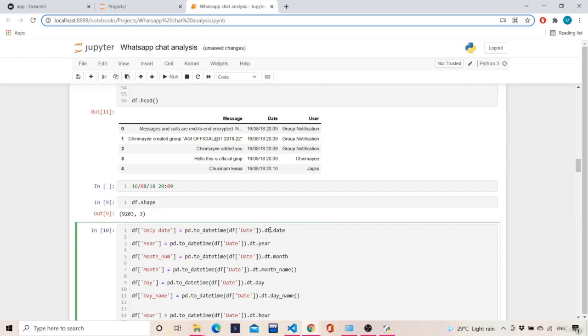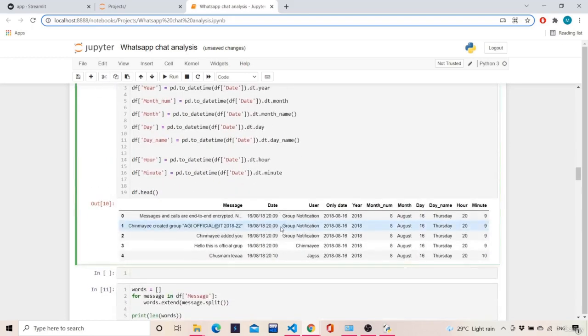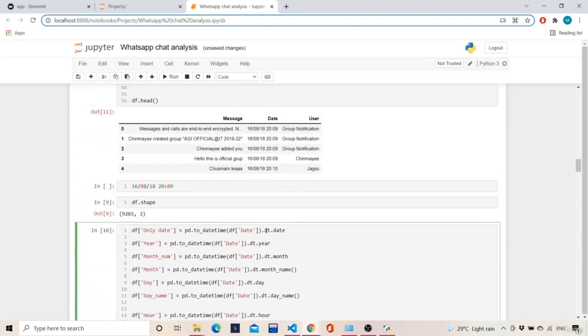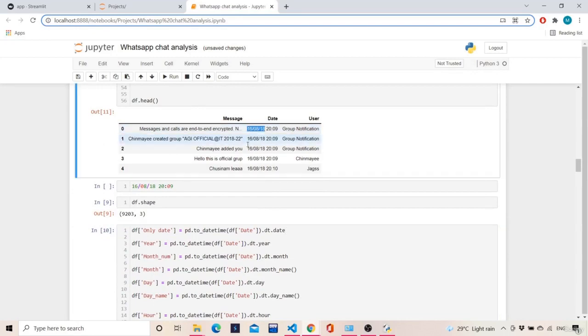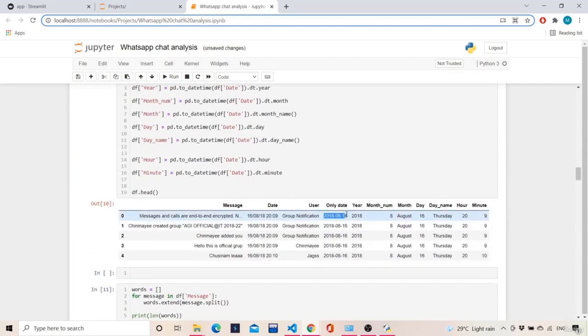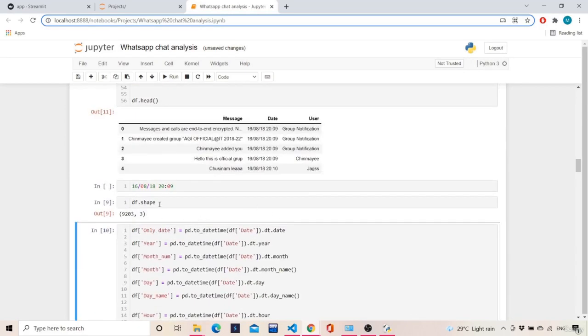So dt is nothing but datetime, and from that datetime I need the date. Okay, so only date, how it will look is like this. In the datetime function, it will just convert everything, 160818, into this format. It will convert into year, month, and date format. So the format of conversion